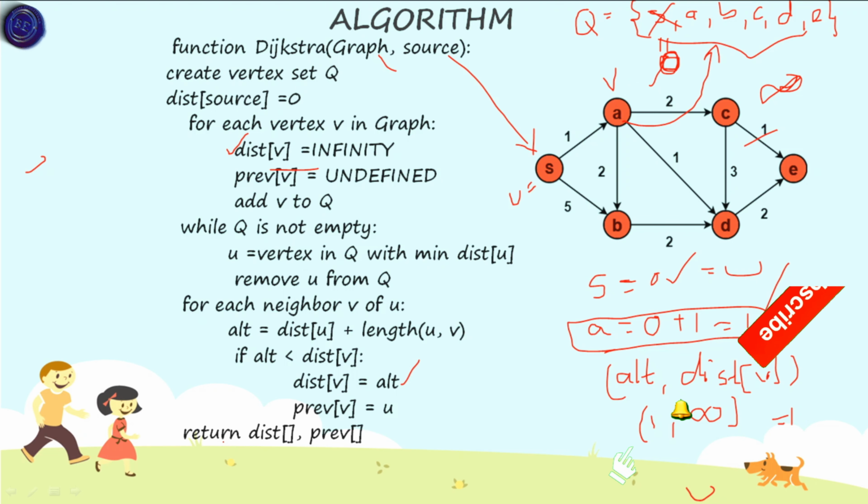So we are returning the distance and the previous to the set which we are going to give as an output to the user. After returning it, again S will find any node connected to S. So again B is connected to S. So it will find the distance. What is the distance between S and B? 5. Again 5 is compared with distance of V. Actually distance of V is infinity. So alt is less than distance of V. So distance of V is equal to alt.